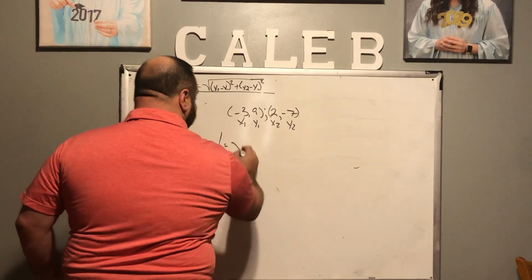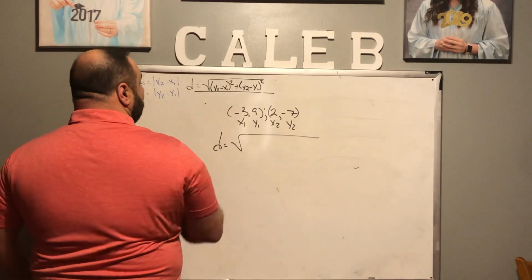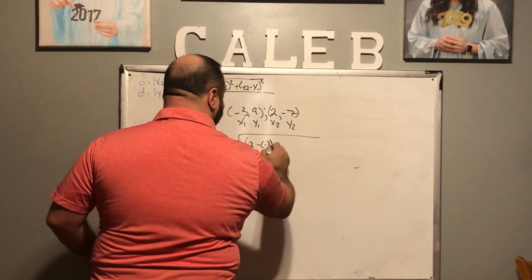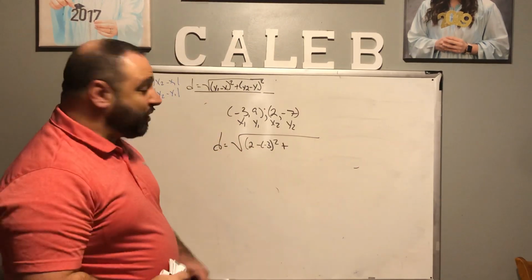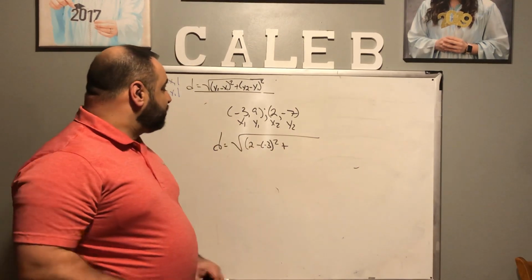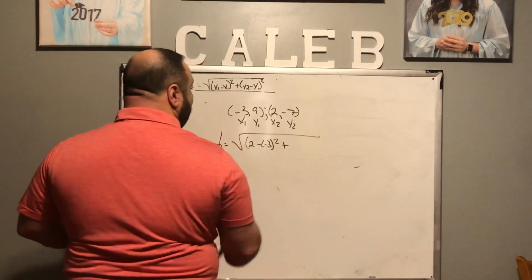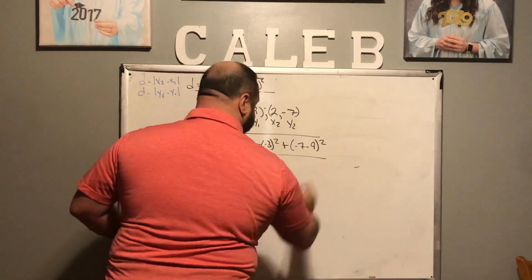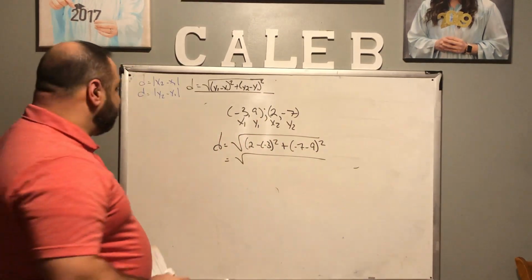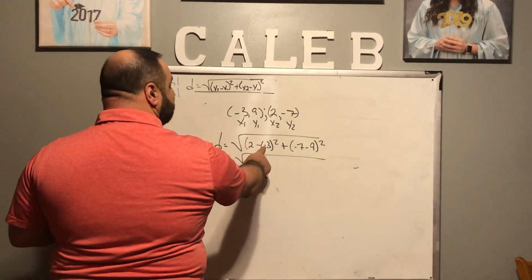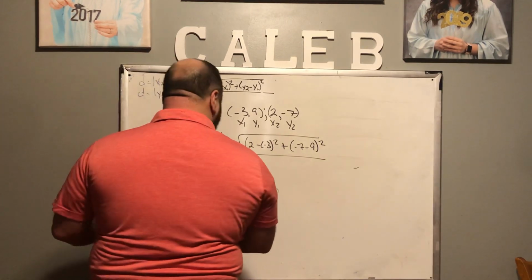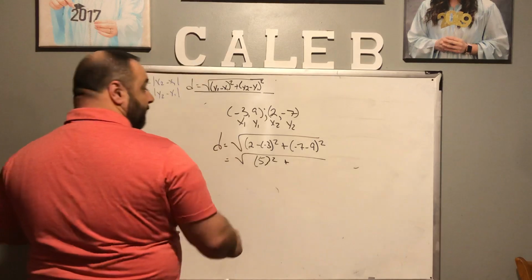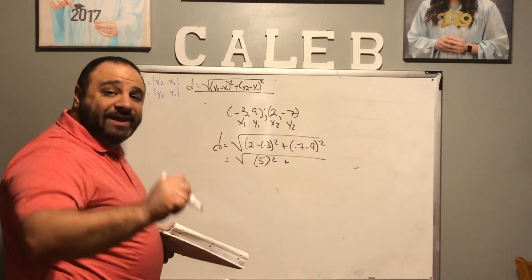So D equals the square root of x2 minus x1. So x2 is going to be 2 minus -3 squared. Be sure to keep track of your signs, okay? Do not lose sight of your signs here. Plus y2 minus y1, which is -7 minus 9 squared. All right, let's calculate these together. So 2 minus -3, we know that's 2 plus 3. So we have here 5 squared plus -7 minus 9, class, would be